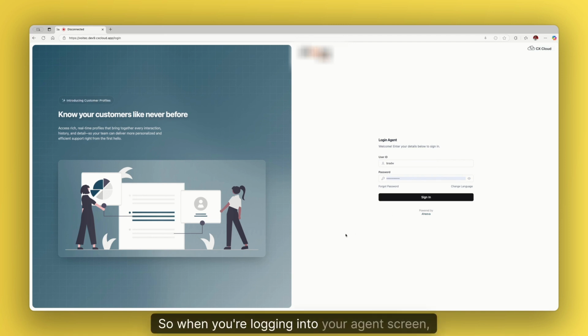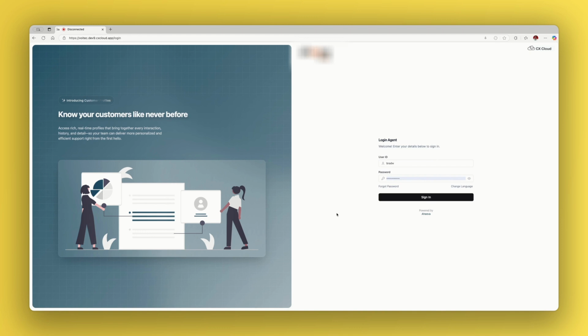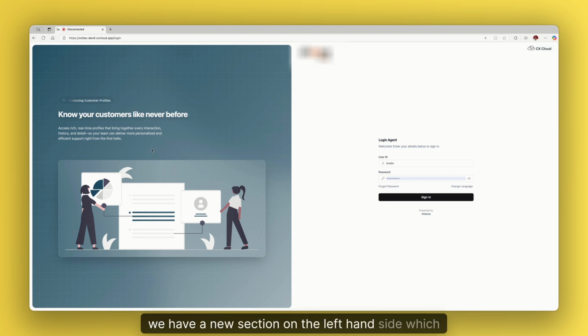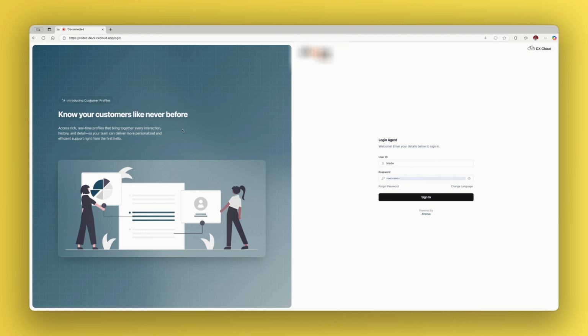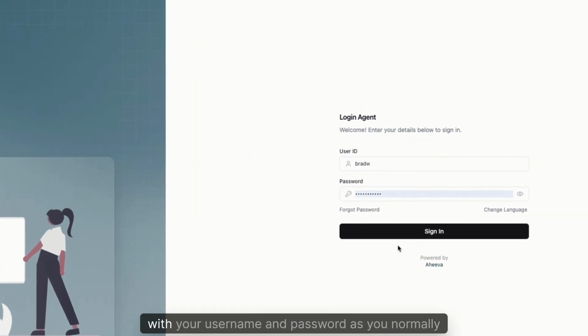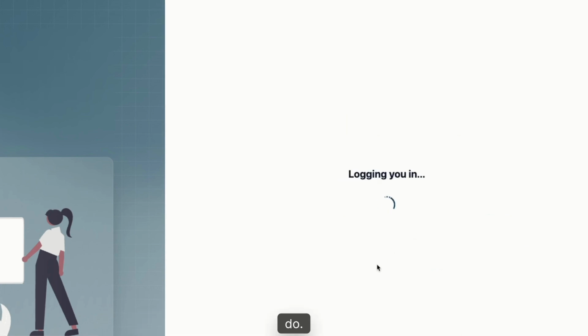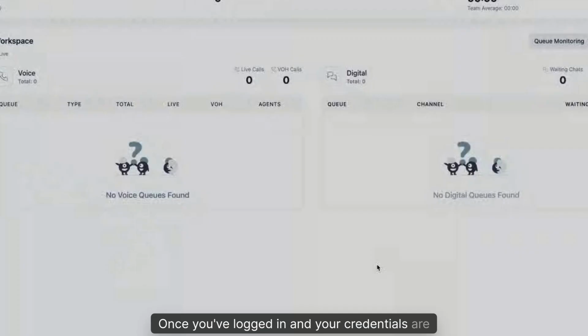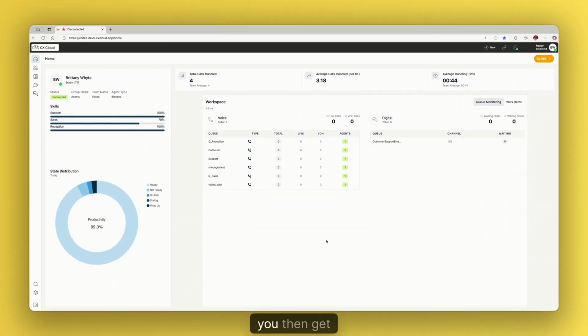When you're logging into your agent screen, we have a new section on the left-hand side, which is able to provide company information and updates to the agent as you require. You log in as you normally do with your username and password. Once you've logged in and your credentials are verified, you then get access to this new homepage for the agent,